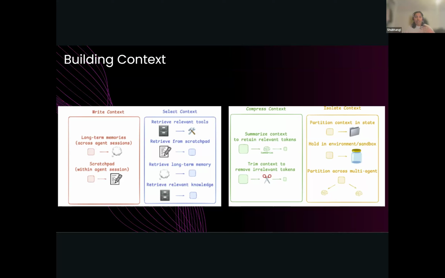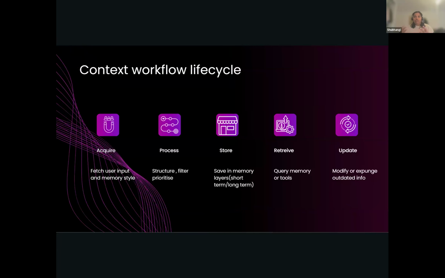There will also be cases where, if you have taken too much data, the context will overflow, so you'll have to prioritize the data effectively. To summarize these four processes, this is the context workflow life cycle. The first step is acquisition of data. It could be your APIs, it could be Wikipedia, it could be basically any article that is tailored to the kind of agent you are trying to create. It could be that you are working in financial services, or in medical or healthcare. So you have to fetch that user input and make it in the style of memory using context engineering.